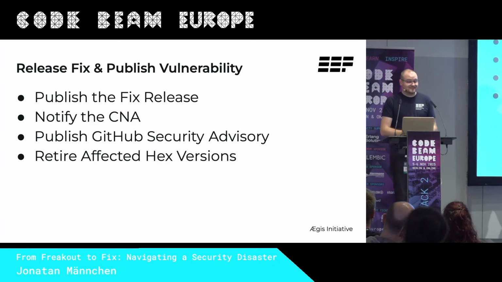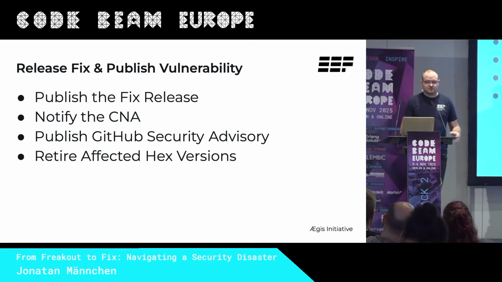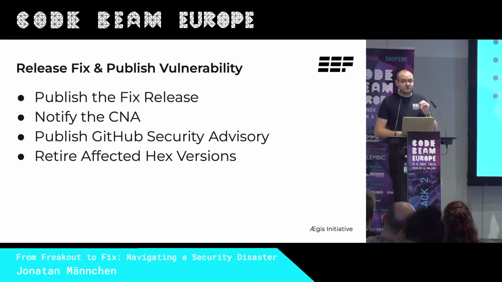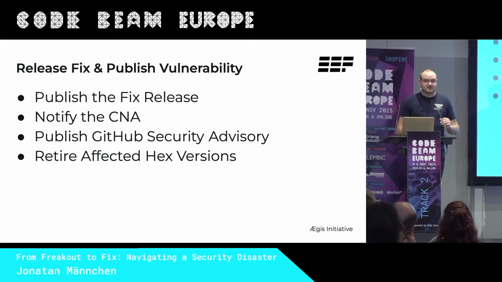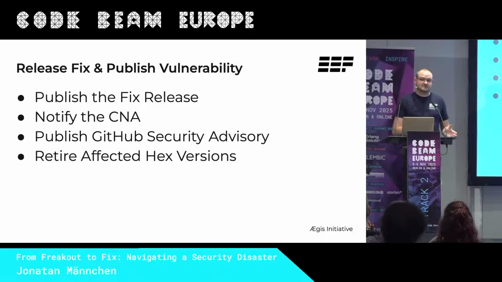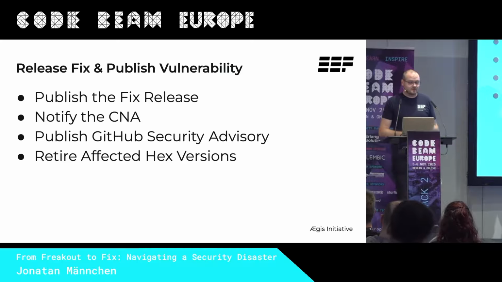With the patch coded and tested, step 1 is to publish your fixed release. Bump the version, tag it, push to Hex, just as you always do. Also consider which versions your users are currently using. So if you just recently released a new major version and two-thirds of your user base are stuck on an old major version, you probably want to fix both and not just the newer one to ensure that your users can remediate that issue quickly.